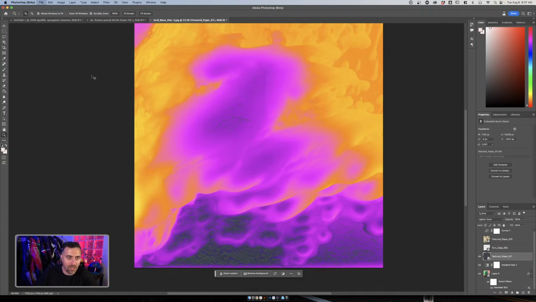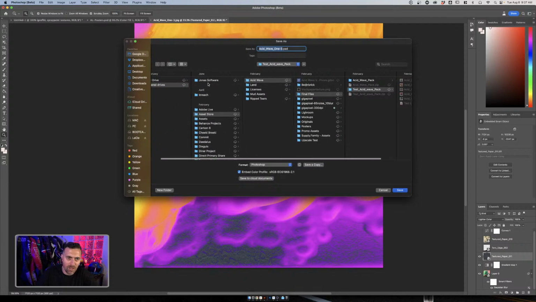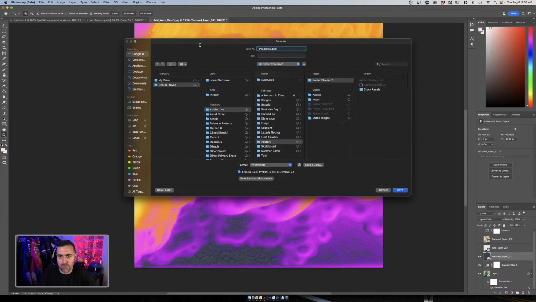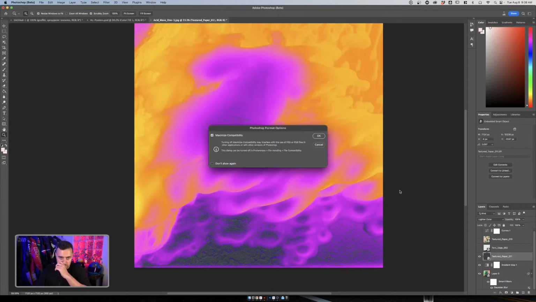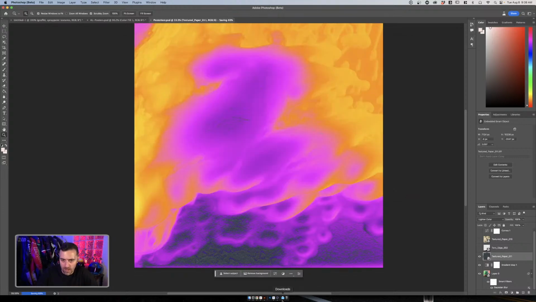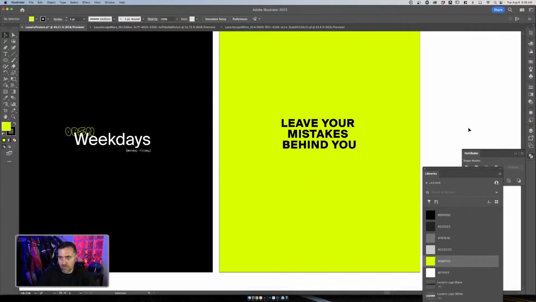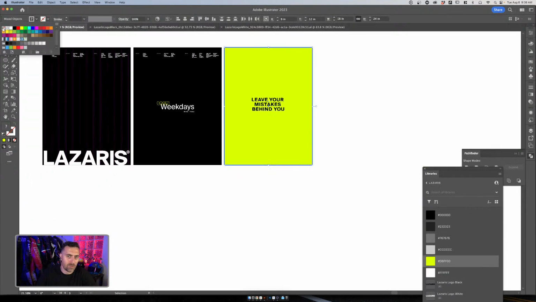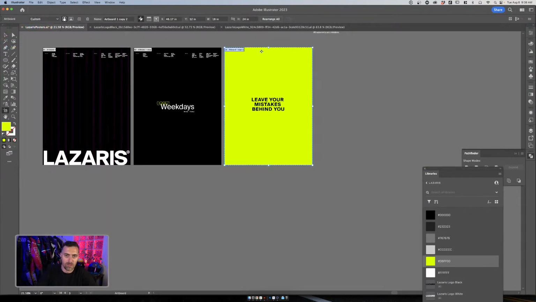All right, cool. I'm going to just save this real quick into my Adobe Live folder. Posters. And then I'll probably try to figure out another way to add some more texture and grid into this a little bit. Let me go into this piece. We can just duplicate this. I'll remove that stroke.